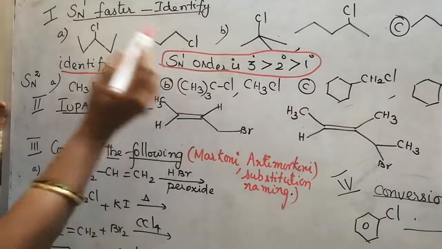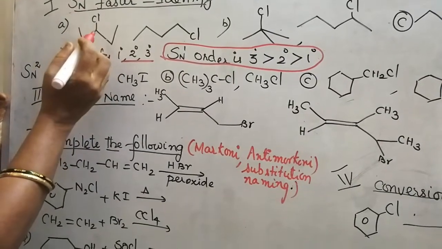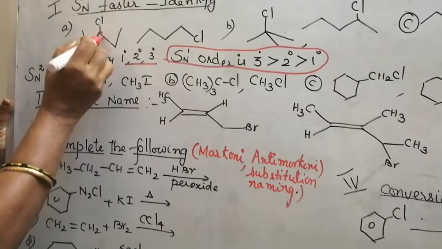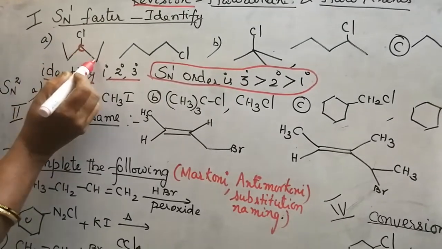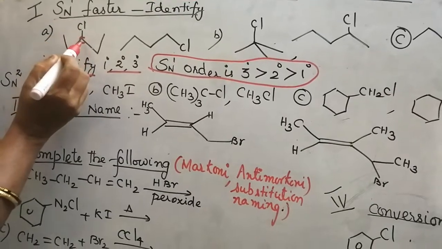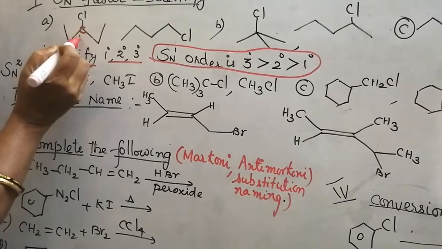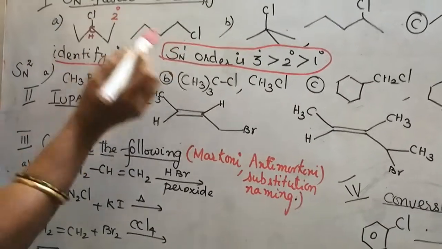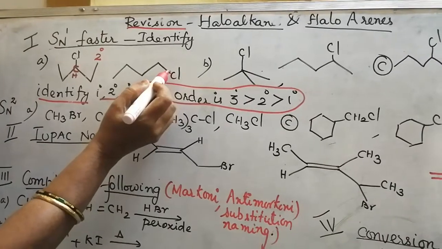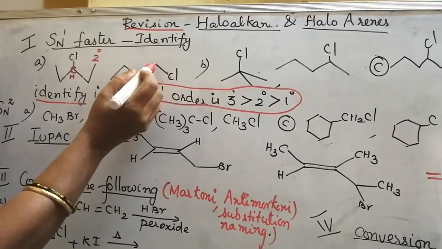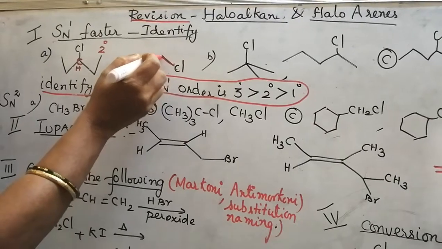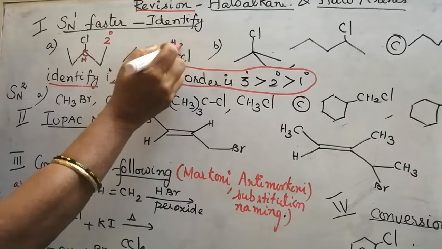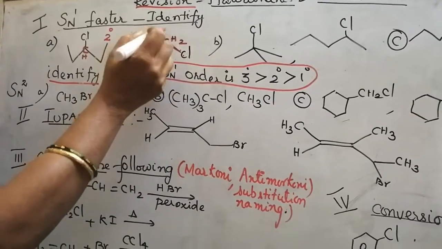This compound and this compound. First you have to identify the name of the compound and identify which one is primary, secondary, tertiary. You see this carbon which is attached on both sides with carbon atoms and on one side with the Cl. That means the valency of carbon will be satisfied if you put one hydrogen. So CHCl means this compound is secondary. See this carbon which is attached with Cl, it is attached to only one carbon atom, and the remaining valency is satisfied by hydrogens. So it is CH2Cl. So it is primary.